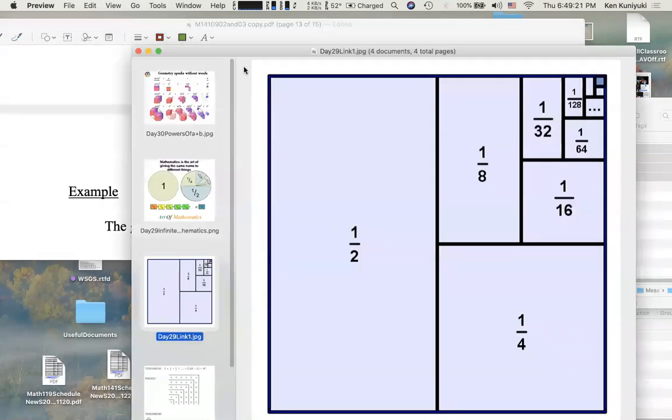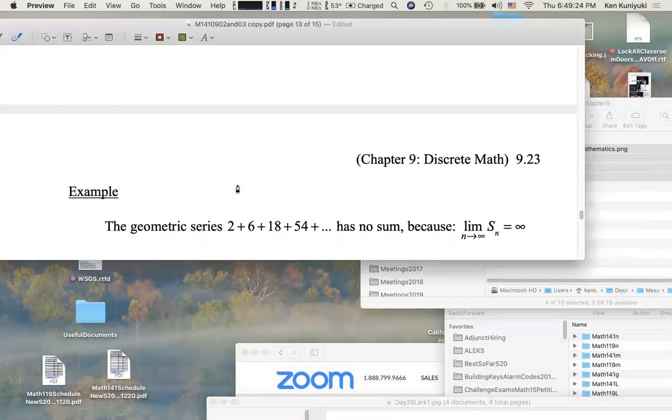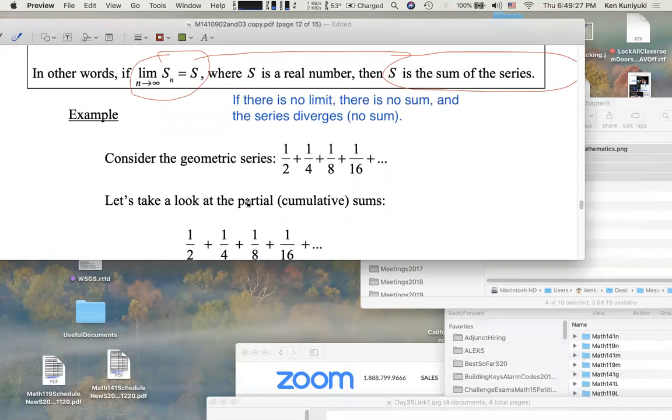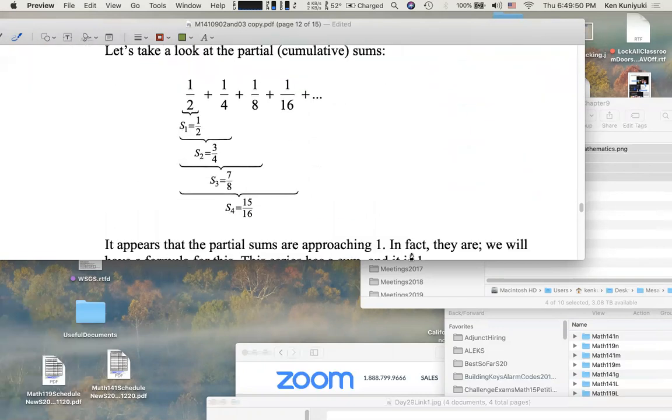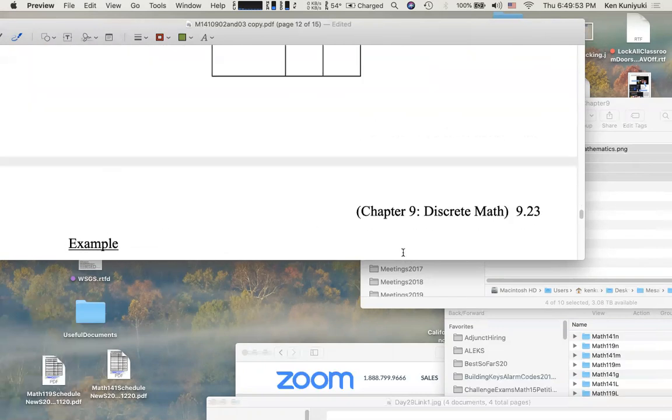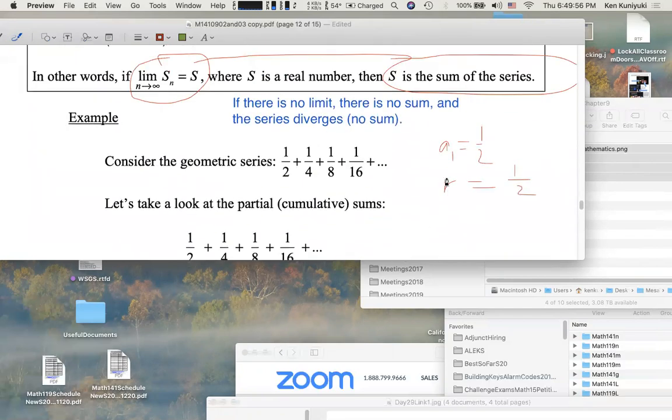Okay, now, I guess I'll go back here. What is the common ratio here? The initial term was 1/2, but what's the common ratio? What do you multiply this by to get that? Actually, that is also a half. 1/2 times 1/2 is 1/4, 1/4 times 1/2 is 1/8, and so forth. So in this case, notice here, I forgot to make my point. R equals 1/2, and in this case, this geometric series